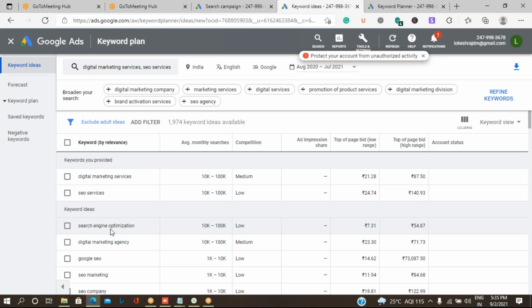If you want to use it for your keyword research, you can download it in an Excel sheet, which is there as a download option. You can download it in Excel and prepare the keywords that are trending for your content. Based on that, you can create the contents and advertisements.